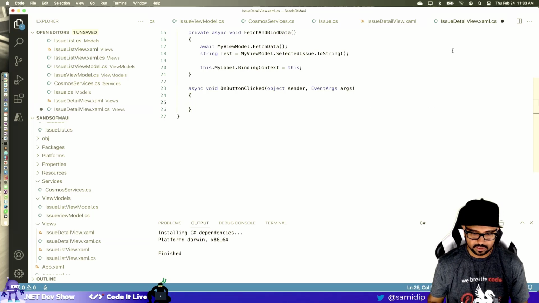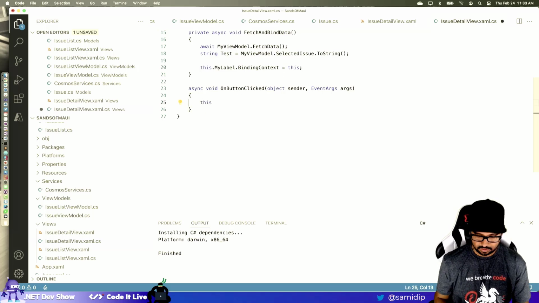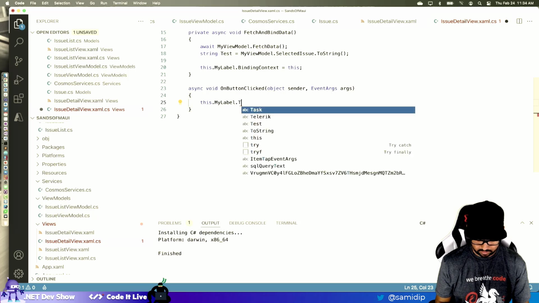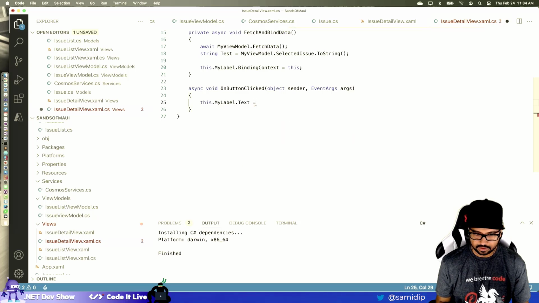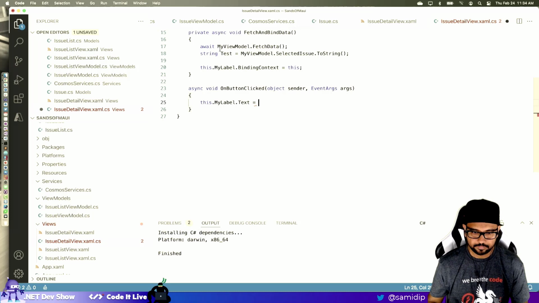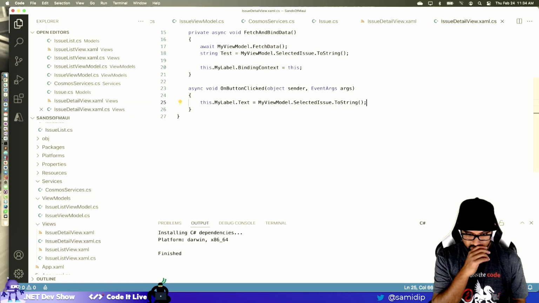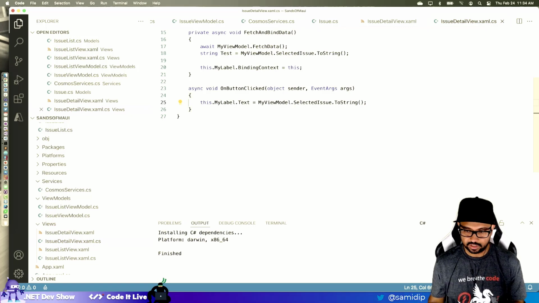So I can just say this dot my label dot text equals this. I'm explicitly setting it to the view model's select thing, right? That should be it, I think, to do a test.